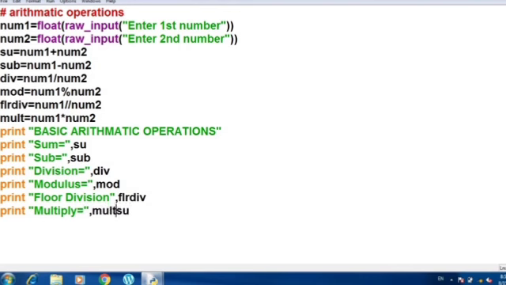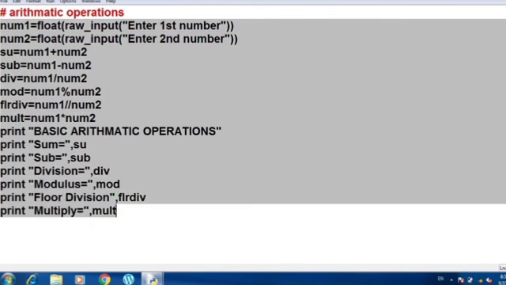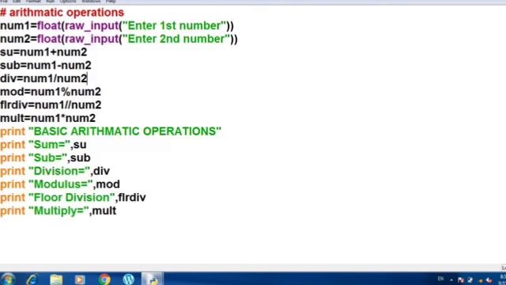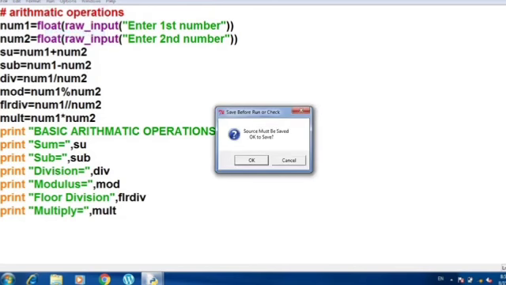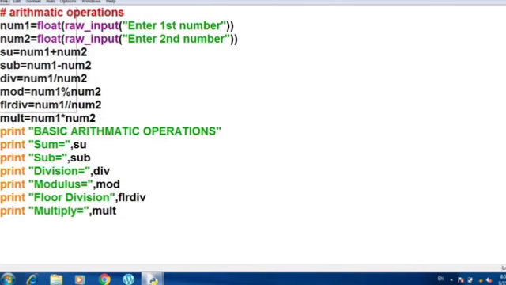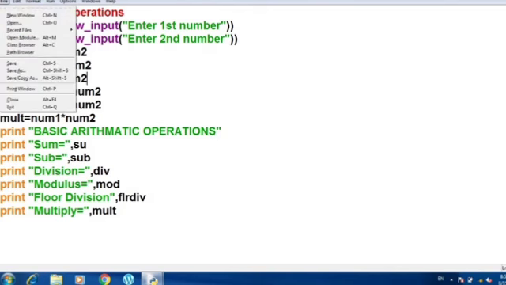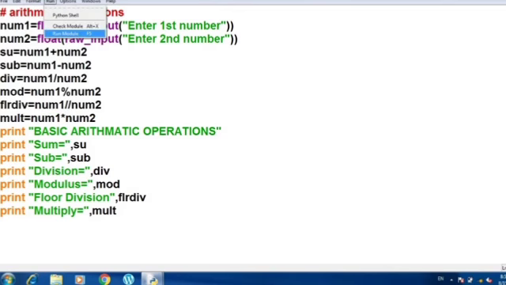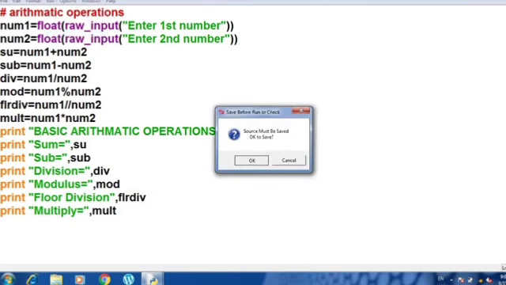So this is how my simple calculator or some basic arithmetic operation program is done. Now I am going to execute the program. So you will save the program. You can go and save the program from the file menu as well, save it and then go and run it with the help of the F5 function key or from the run menu. Or if you have not saved, even if you directly click on run module, it will ask you to save the program, so you have to save it.